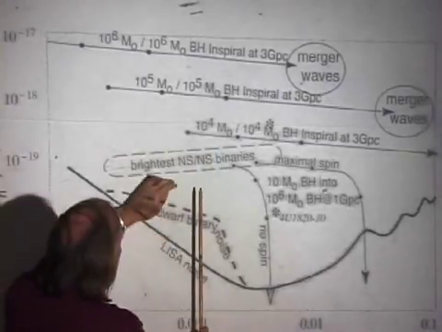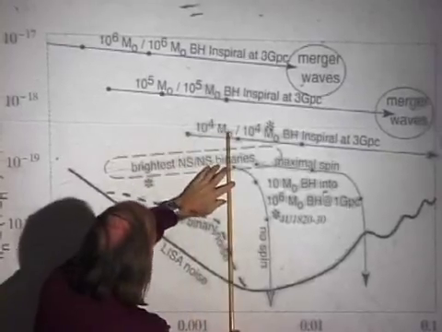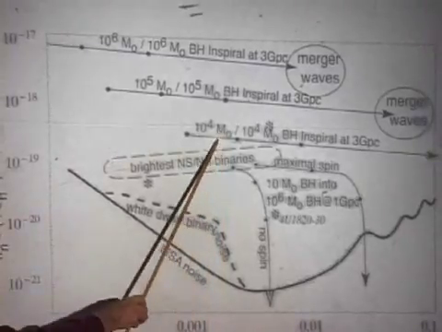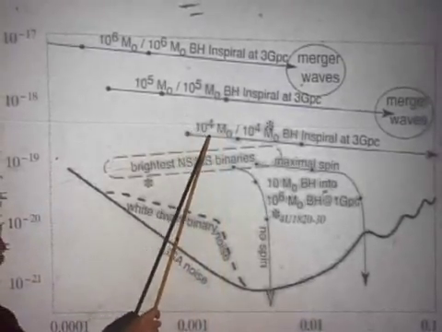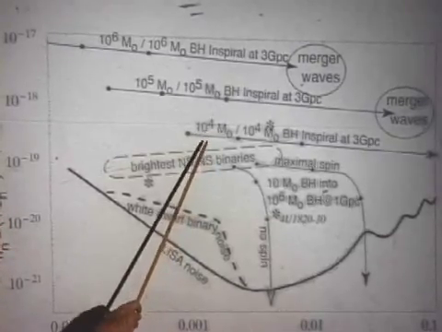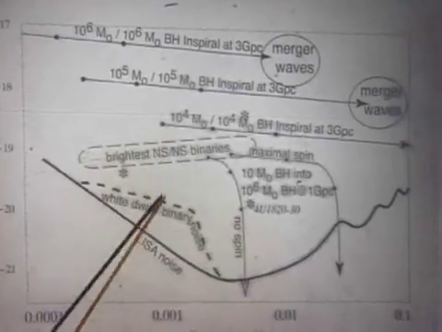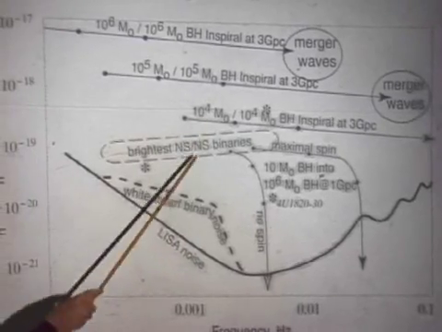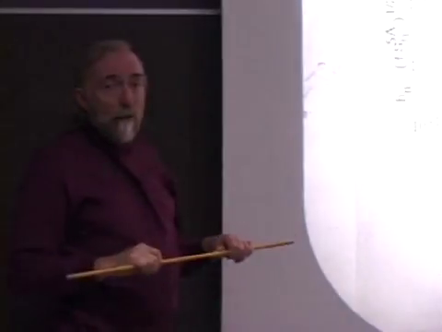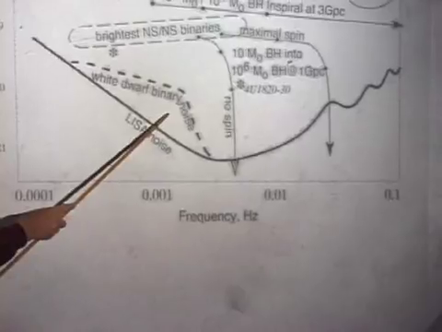So that, for example, sweeping from 10 to the minus 3 hertz to 2 times 10 to the minus 3 hertz, you build up a net signal to noise ratio if you're doing optimal signal processing. And that signal to noise ratio, the net signal strength that you build up in that way, divided by the RMS noise in the LISA band, in that frequency band, is the height above this curve. And so in order to really believe any signal that you see, you need a signal to noise ratio in the case of LISA of perhaps 5, and so you need to have this signal about a factor of 5